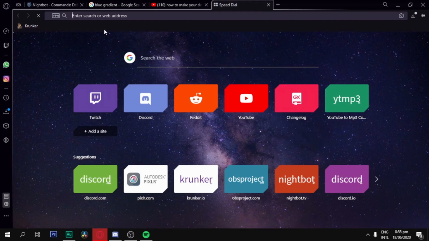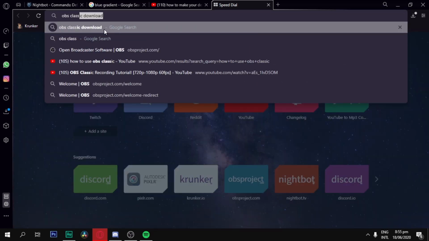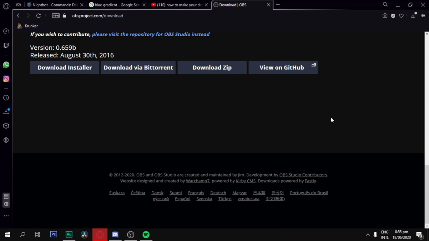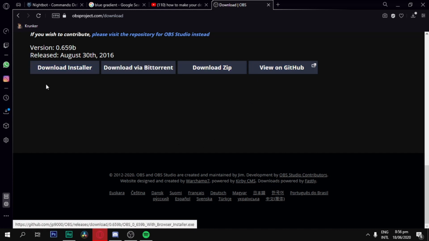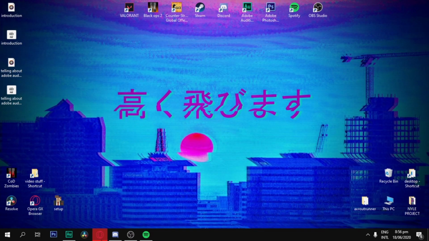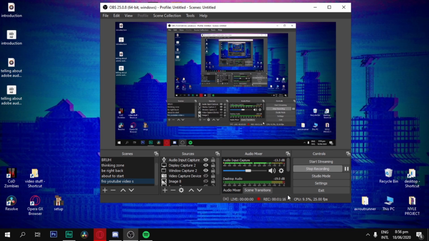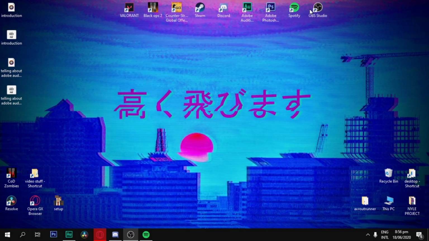I'd recommend you to get OBS Classic. Okay, now OBS Classic uses a bit less of your CPU, looks a billion times more ugly. It's gonna scroll down here. You're just gonna download the installer. You can go through BitTorrent, Zip, or GitHub. I'd advise you to go with the downloader, installer, and or the Zip. Those are the two I would recommend. Now, OBS, it's an open broadcasting software, and you can get it to perform really good. You can see here 9.5% CPU has been used, and to get a bit better performance, you can just go